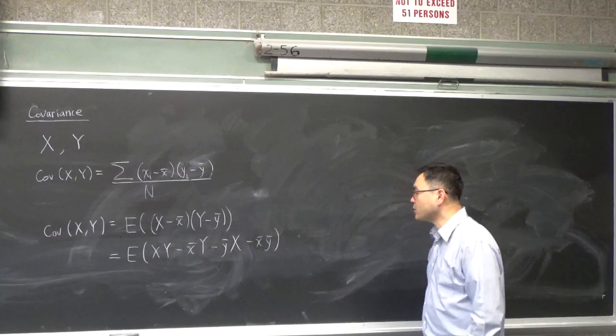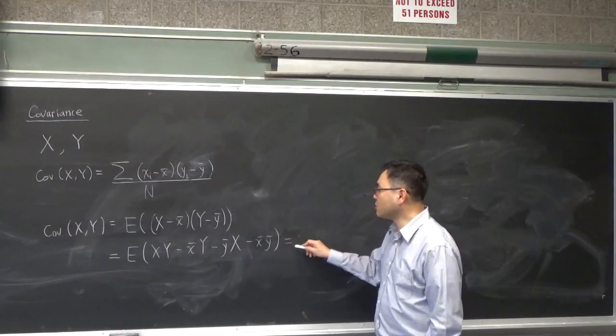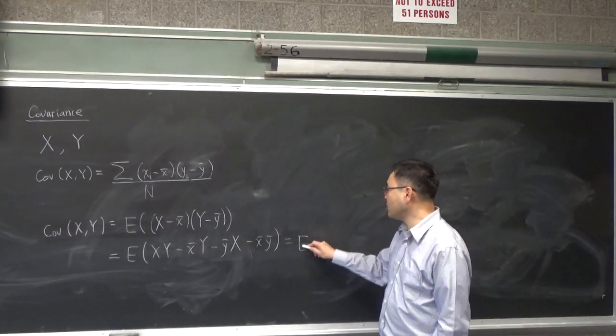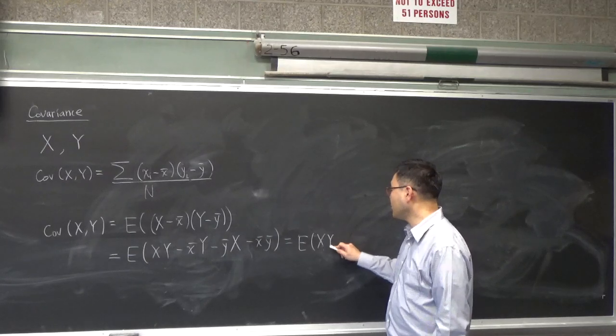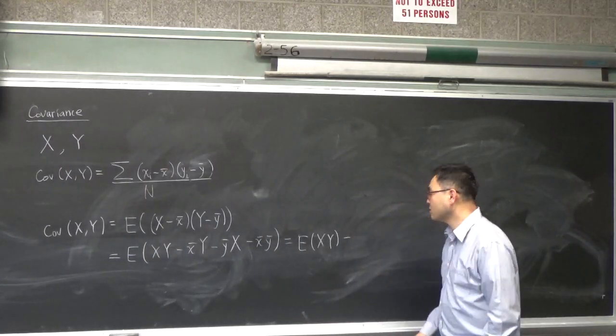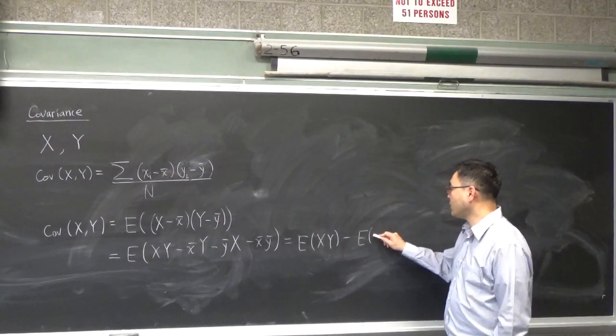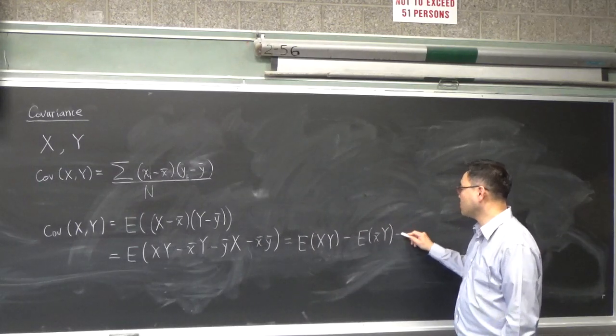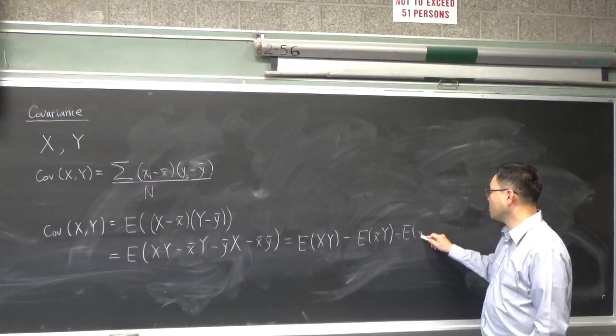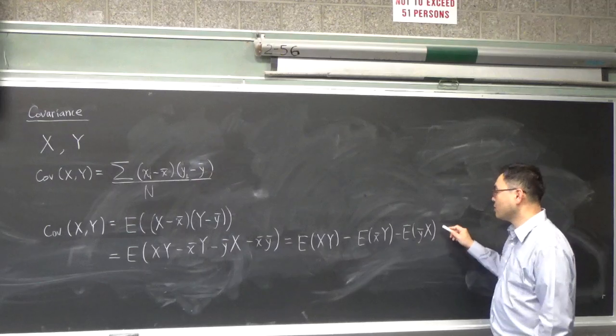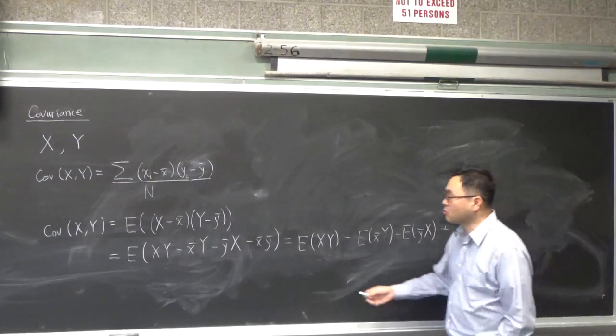That's what's going to happen. And then you can expand this further and say this is E of xy minus E of x bar y minus E of y bar x plus, oh, sorry, this should be plus